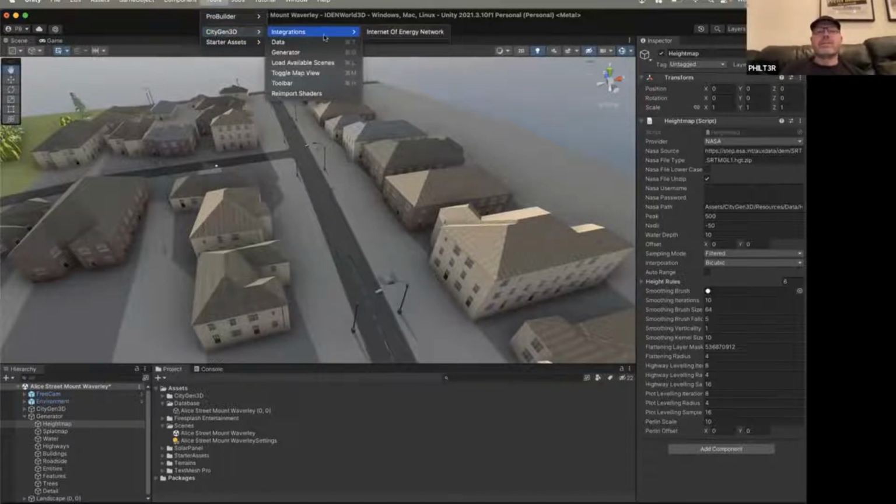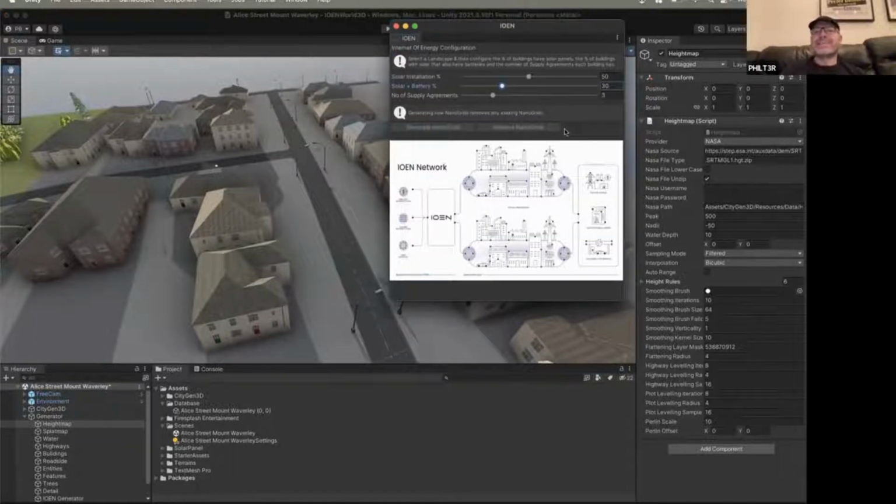So I integrated it into CityGen 3D, and it's called the Internet of Energy Network, right? So now you can go, okay, in this landscape of all these houses, let's say it's a fairly advanced town, because it's my street, so I'm going to make everyone do it. So 75% of the houses on my street are now going to have solar panels. Most of those will have a battery as well. And I'm going to set it up to automatically create three, what we call a supply agreement between two houses. So any house will now select three of the other houses that are generating power, so they've got solar as a possible supplier for them. And before we do that,